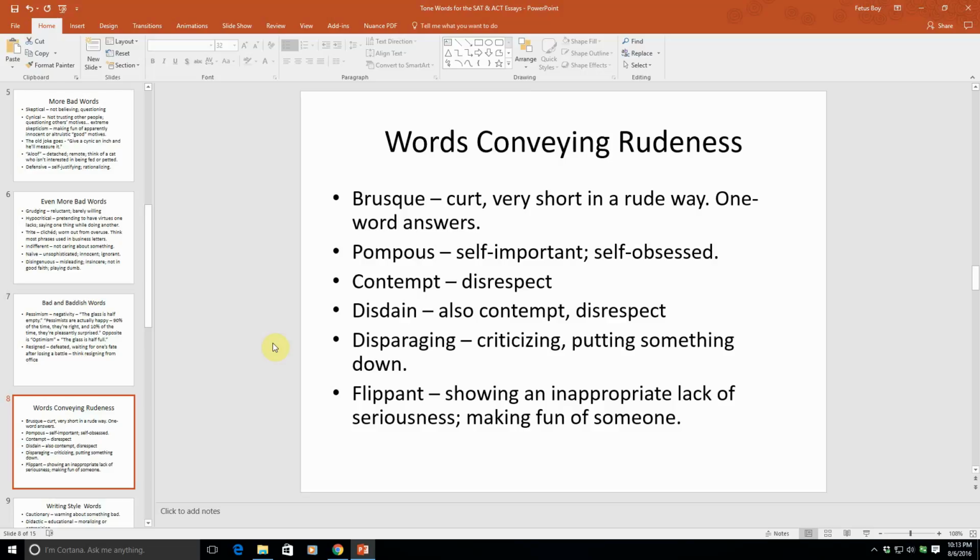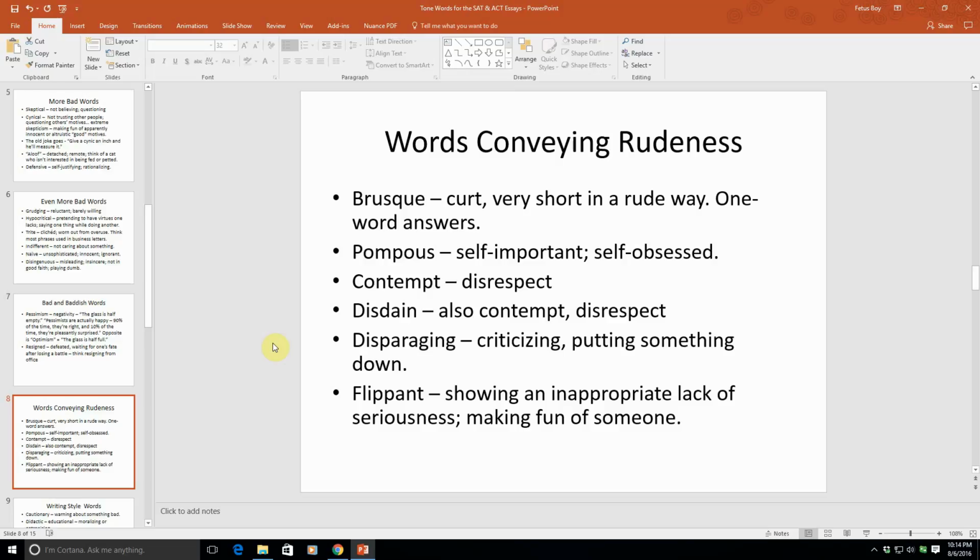Pompous. Pompous is self-important or self-obsessed. There was a man in the ruling class in Julius Caesar's time, or at least the time of the Roman Empire. He was very self-important and self-obsessed and arrogant, to the point that they actually named the characteristic after him. So if you are very arrogant and self-important, you are pompous. I would not want to have a bad character trait named after me, so hopefully that will not catch on. Something being named after me, not pompous. That ship has already sailed as far as pomposity is concerned.